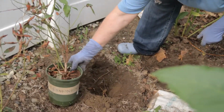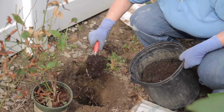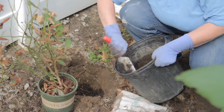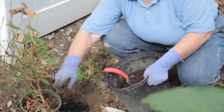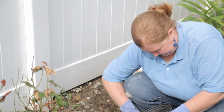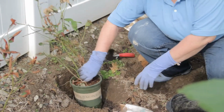So now that we've got a hole that's a good size, we want to get some of our compost. So I'm taking my compost and I'm just going to layer it just a little bit in the bottom. Test the pot again. So the pot should, when it's at the proper height, be just slightly above the soil level. So the soil level here in the pot should be just slightly above, and by slightly I mean an inch or less, because the plant's going to settle over time. So just a little bit above the existing soil level. So I add a little more and test it again. There, that looks good. So now we take it out of the pot,